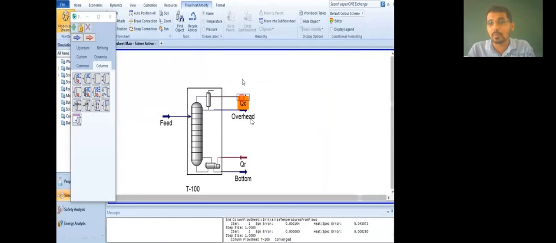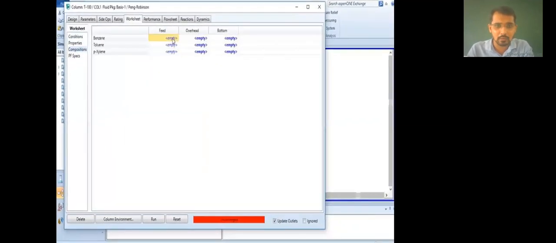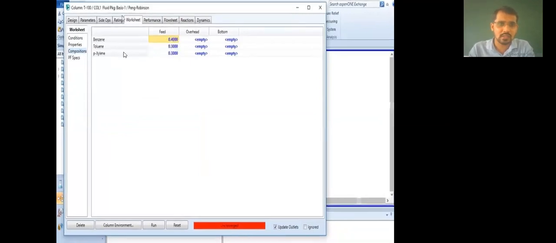These outlet stream compositions and properties are calculated by the software. But feed properties you have to enter. Feed composition you have to enter. Temperature requirement you have to enter. Just outlet compositions, outlet streams data is calculated by the software. We can check from this what is the purity of our end product. Okay, so I told you that we now have to enter the composition for benzene, toluene, and paraxylene. After that, you have to put conditions as well. After putting the composition, you can see benzene composition is 40%, 30%, and 30%, like this.